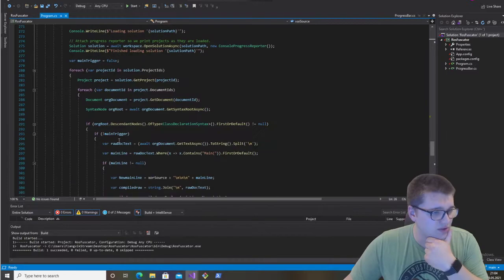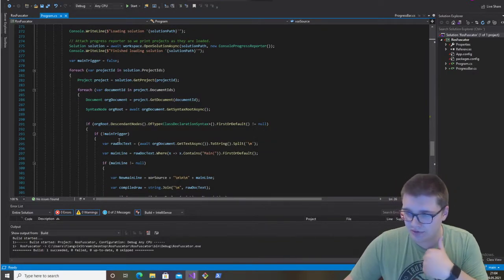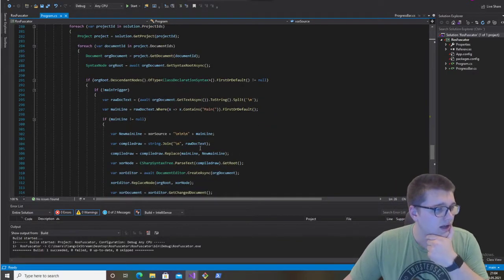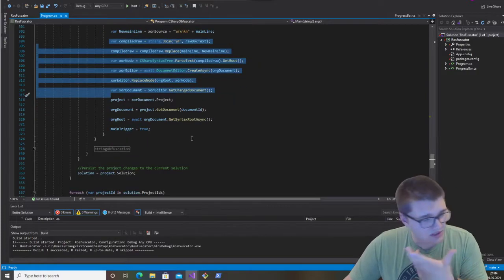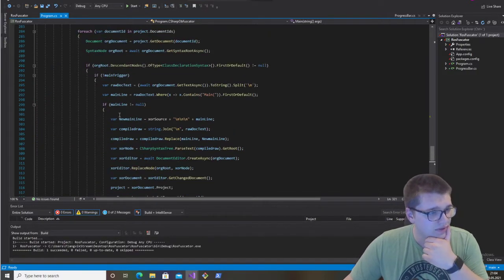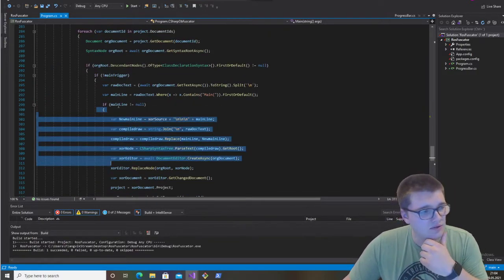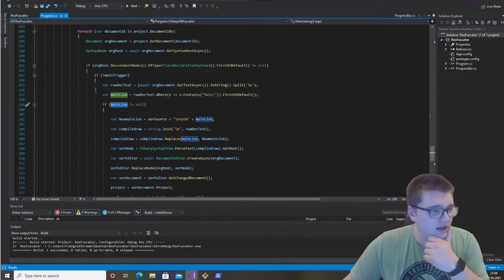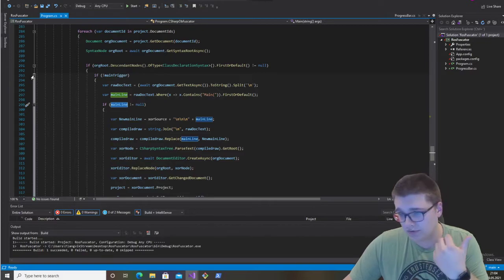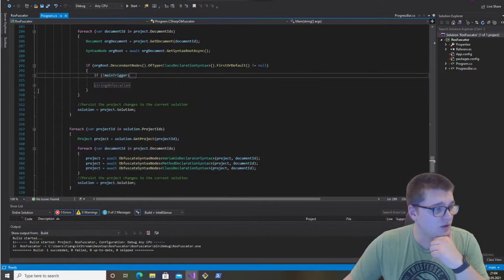The main benefit of XORing being that we can use the same function for decrypting and encryption. Then we basically inject that, we parse it back into Roslyn, and it's all good. This only happens one time, again due to this main line trigger. A bit hacky, but it works. So after we run the class that contains the main method, that doesn't run anymore. But for